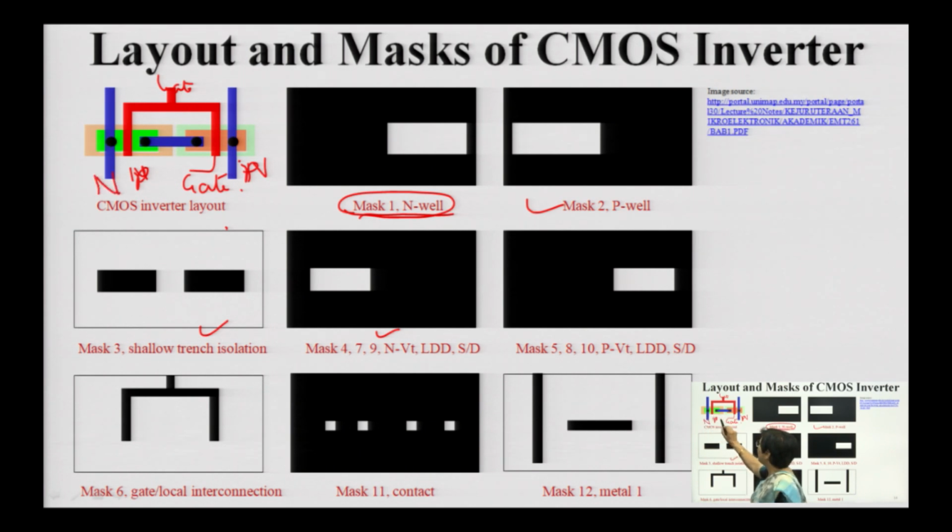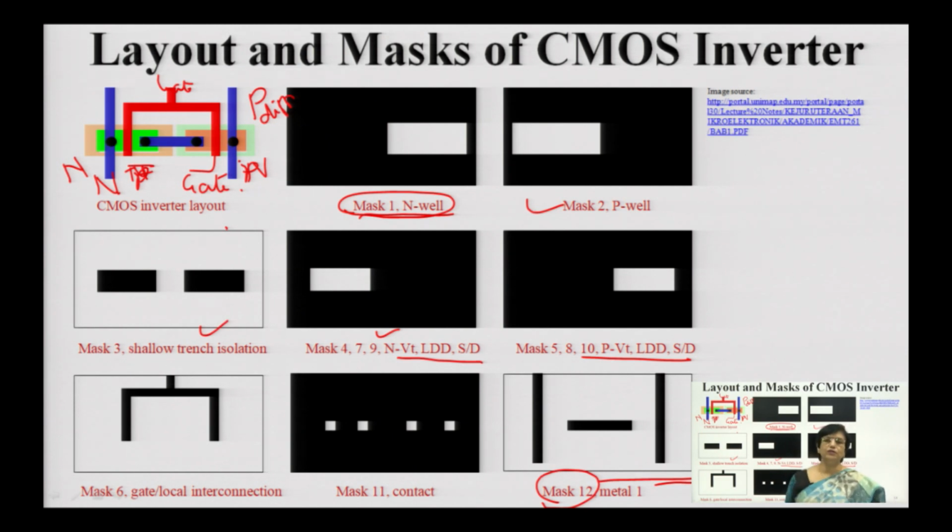For the NMOS, if you want the N diffusion area to be created, you have the source and drain areas, and you will create a diffusion mask. This is for the P diffusion area, and this is for the N diffusion area, you have this mask. Then for the polysilicon layer to be grown, you have another mask. Then for creating contacts, you have another mask, and then for creating the metal contacts which are connected to VDD and ground, you will have another mask. So, for a simple CMOS, you have 12 masks which are essentially needed.